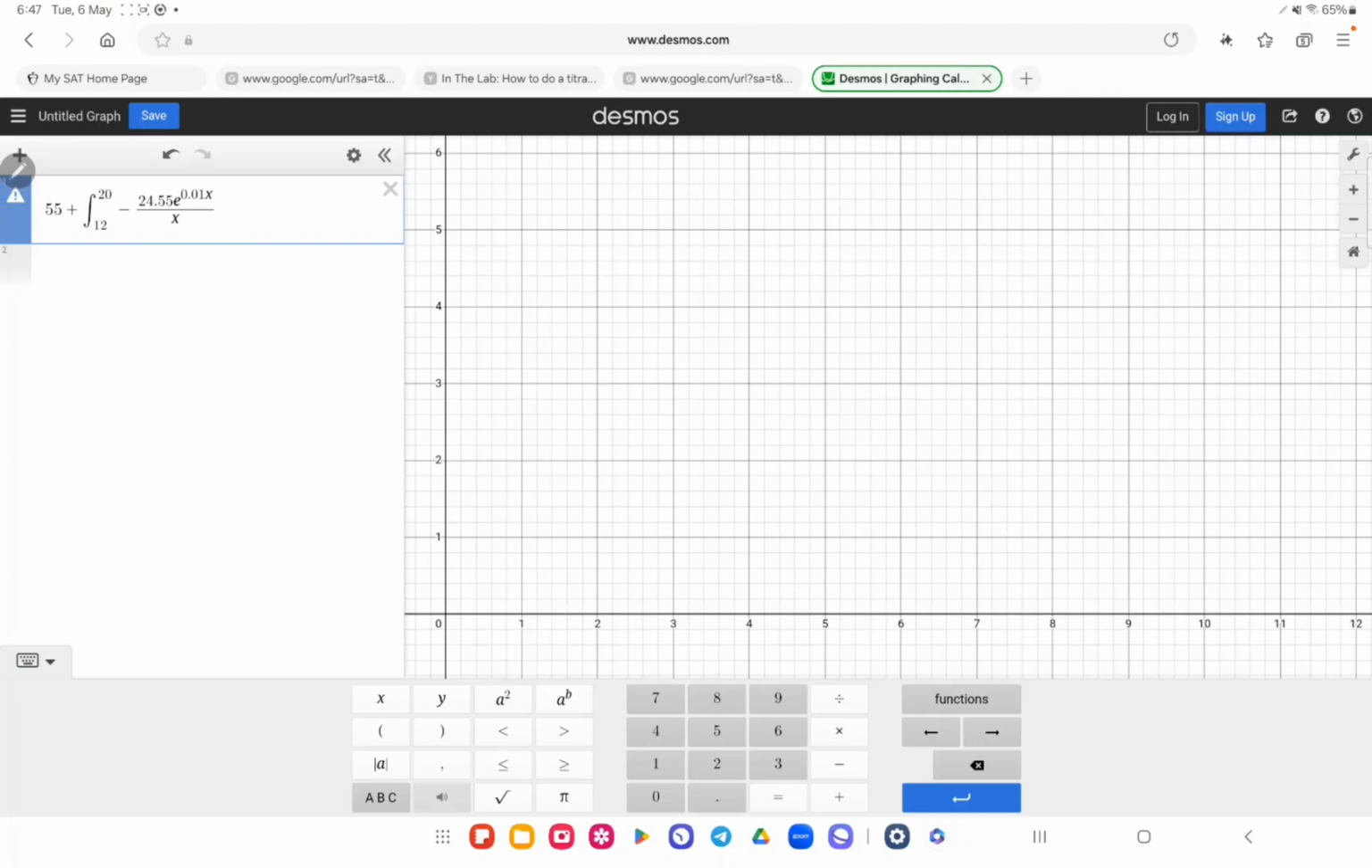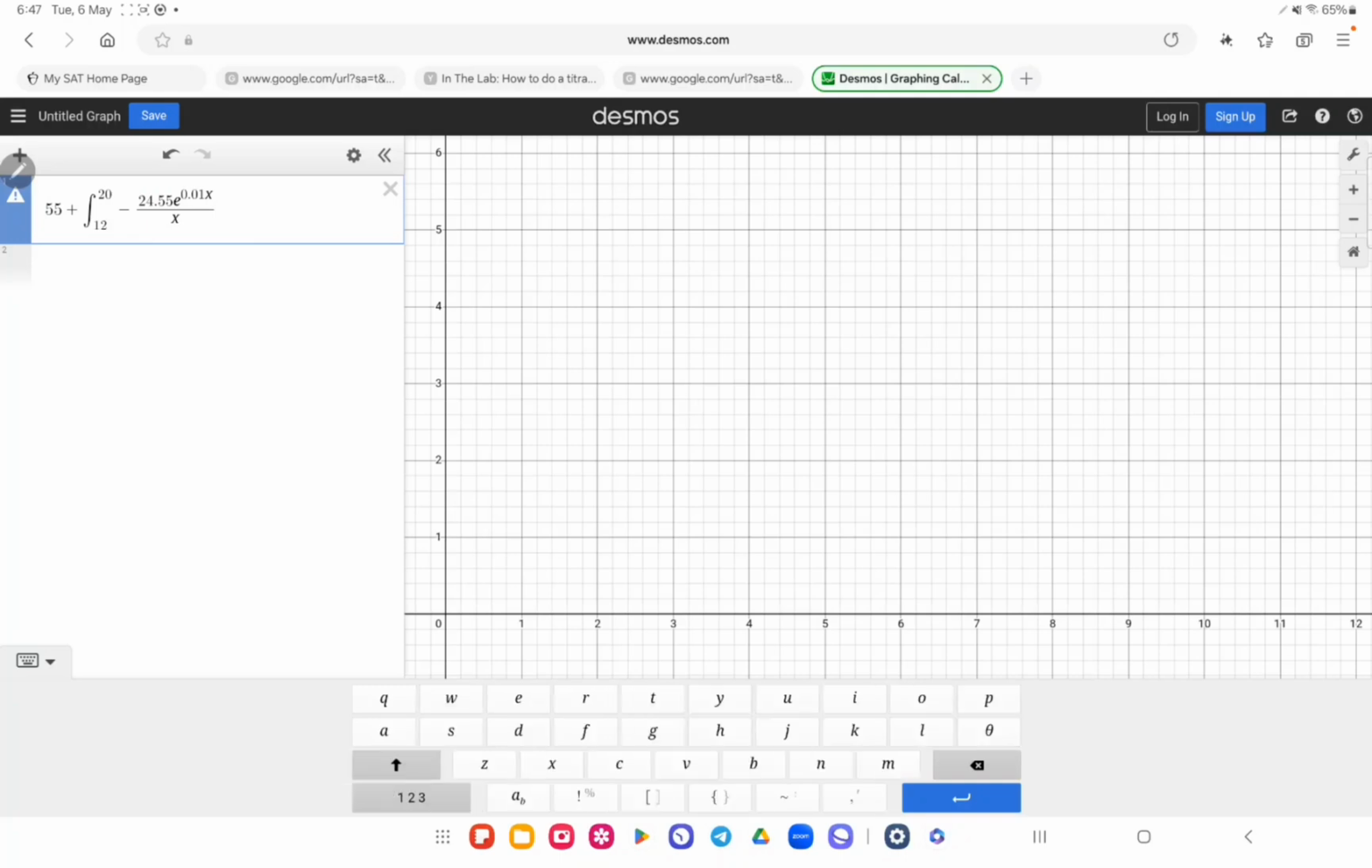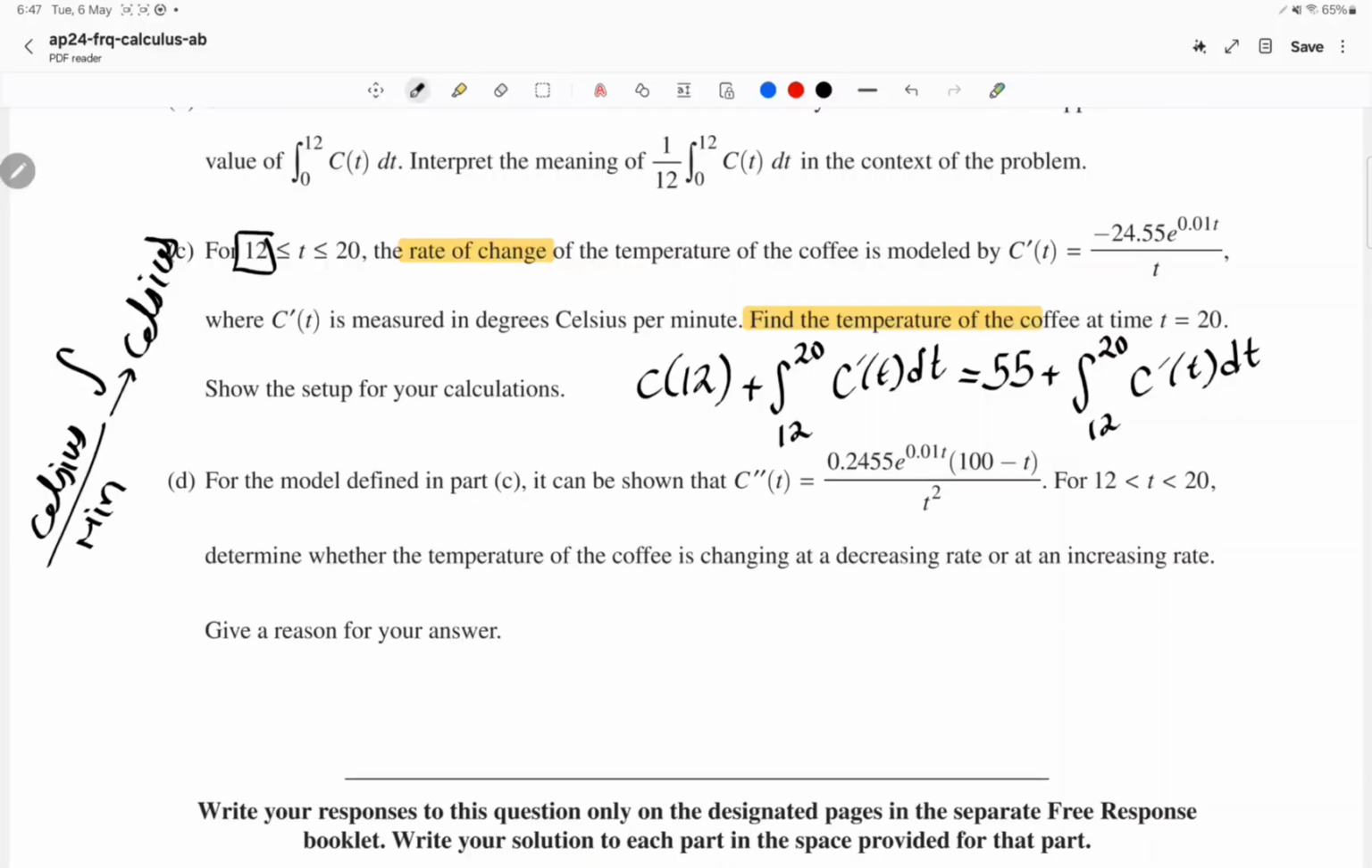showing. Why? Because I must now put dx. Okay, so now I'm going to write dx. And now I have my number, which is 40.329. I did put 55 plus. So 329. Okay. That was easy. Now part D, for the model defined in part C, it can be shown that C